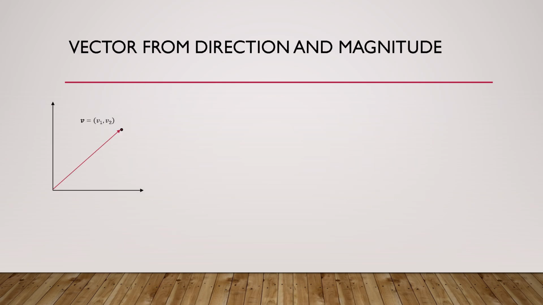Let's start by establishing a vector v as v1, v2. This vector can also be expressed as v1i plus v2j. Then we establish an angle theta as the angle between the vector and the positive x-axis. This makes sine theta equal to v2 over the magnitude of v, and cosine theta equals v1 over the magnitude of v. If we then normalize the vector such that the magnitude of v equals 1 with the same direction,